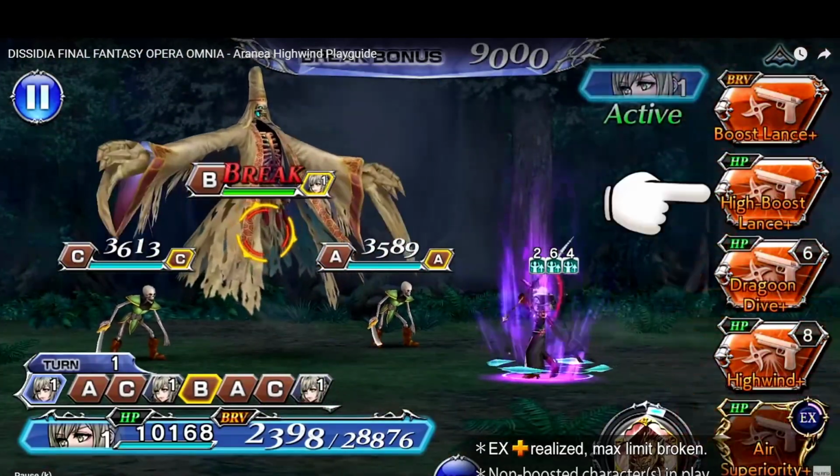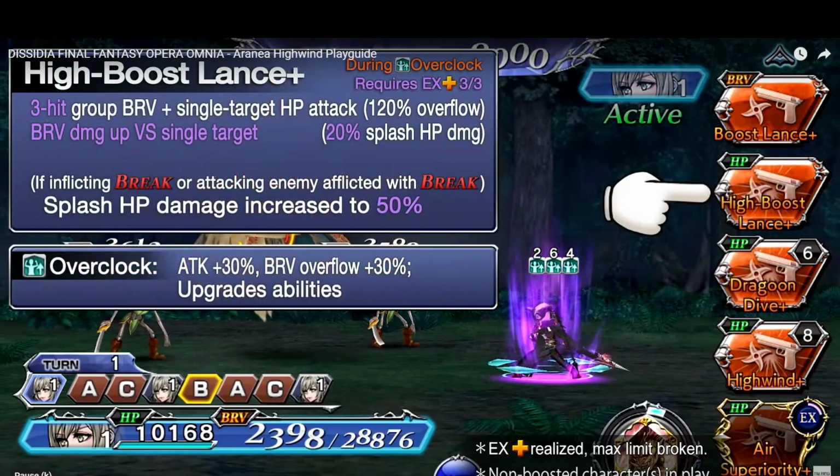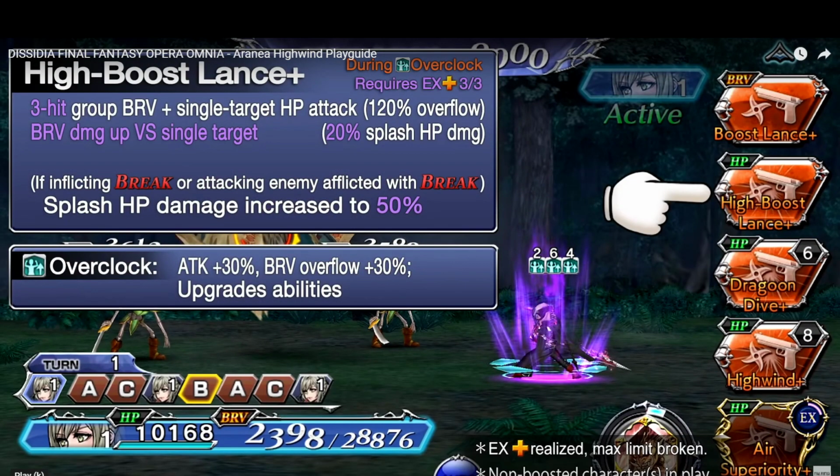There it is, this consecutive turn. Alright, HP plus. How more busted can we be? 3 hit. So I believe it was 2 hits earlier. 3 hit group brave, plus single target HP attack, 120% overflow, 20% splash. So remember, include your overclock. So that is 150% overflow. And then if inflicting break,